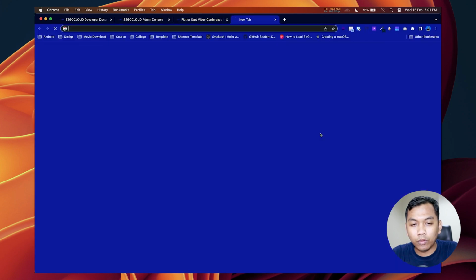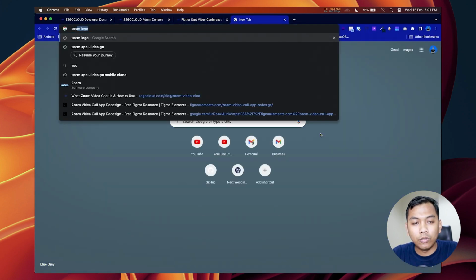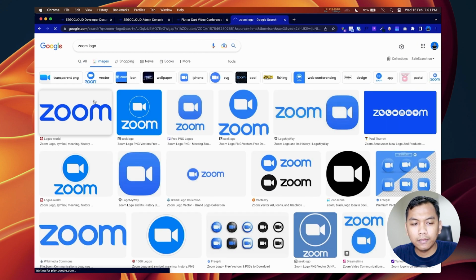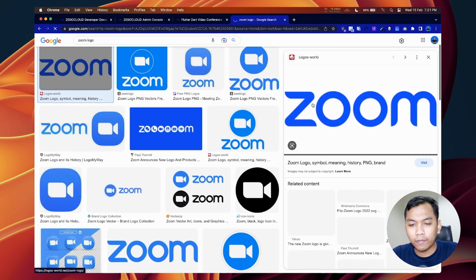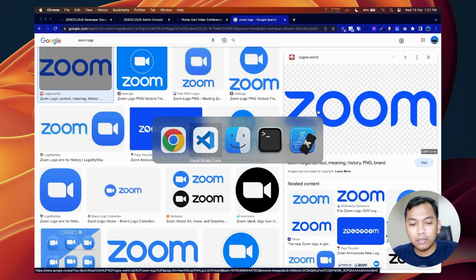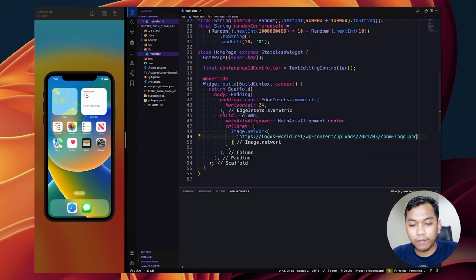We want to find a Zoom logo, and let's find the best one, maybe this one. Just right click, copy image address, and paste it here. Like this.